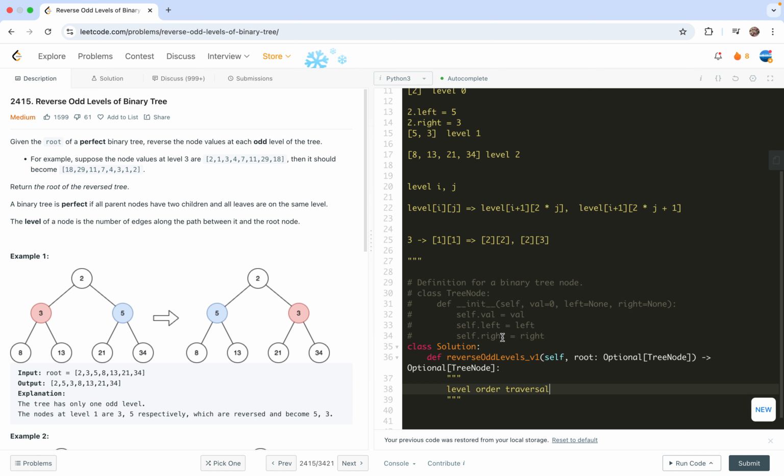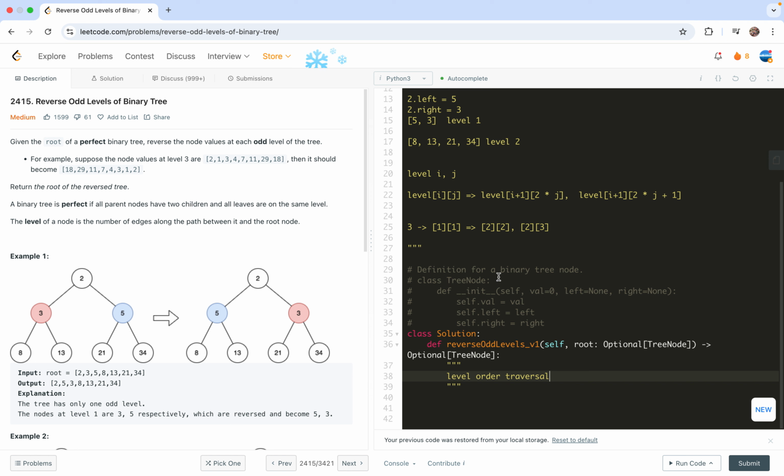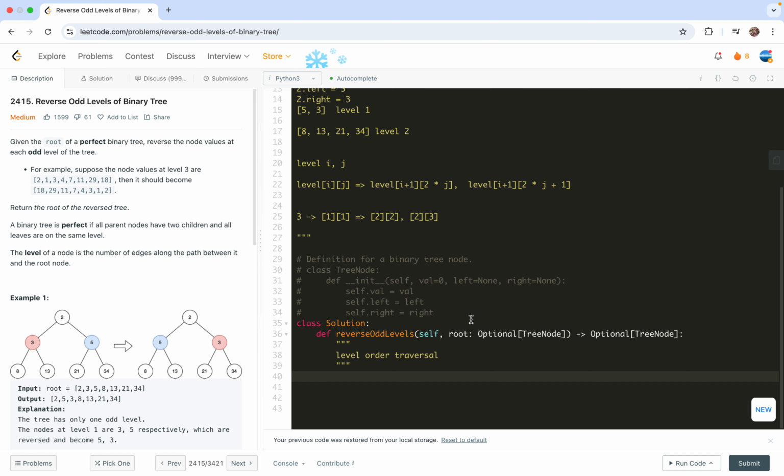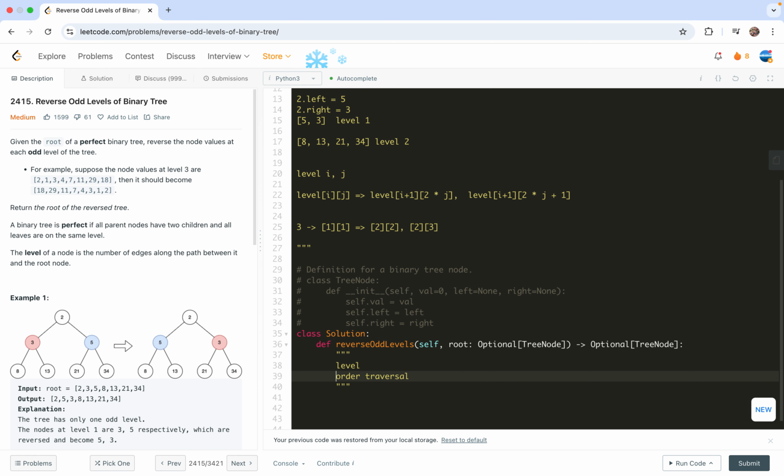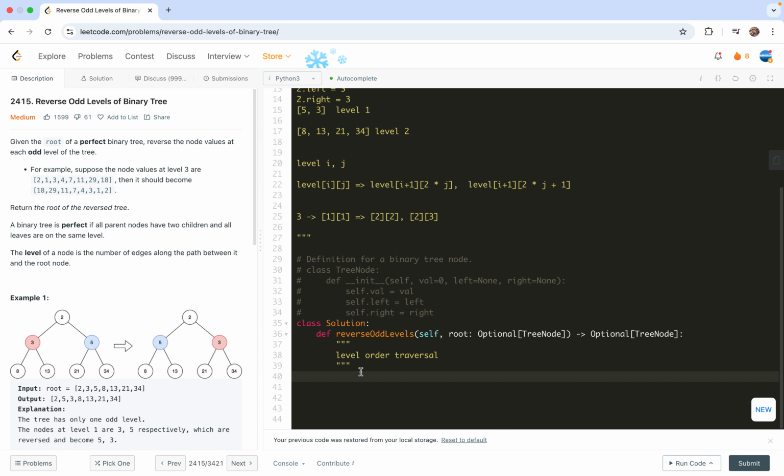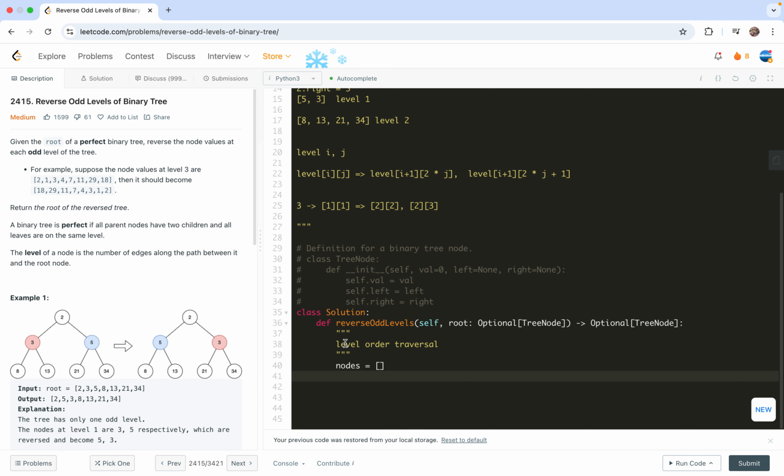So from the standard level of traversal, you get all these levels, then you just do reassignment. Let me change this function signature. So let's first code this way, and then we do the recursion solution. For this, first I'm going to get the nodes. I'll call this a list to hold the different levels. Then the current level